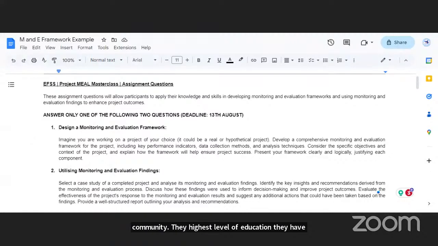Therefore, you'll be able to know how many have done only primary. The options will be primary, secondary, and university or tertiary. Their responses will help you determine the level at which they ended.